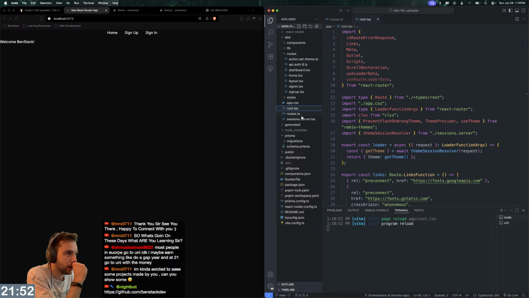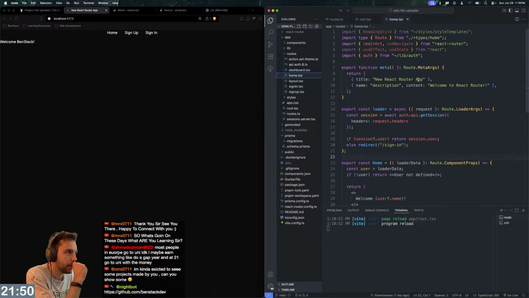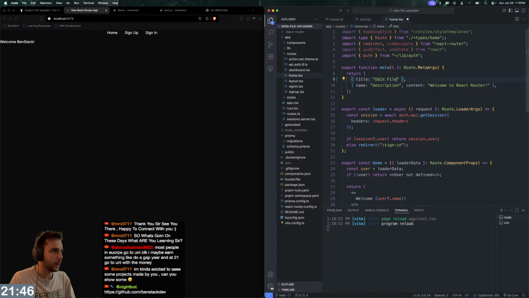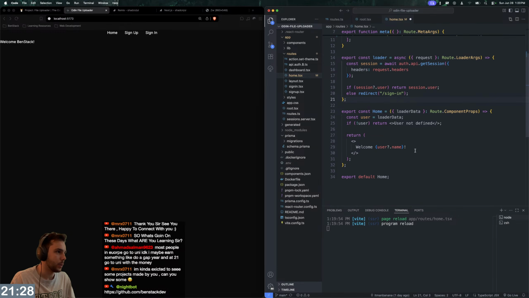New React Router app. Wonder if that's in home. Yeah, it's here. Okay. So let's call this Odin file uploader. And then description, we'll just say Odin file uploader. Sure. All right, that's fine. So right now we just have a basic